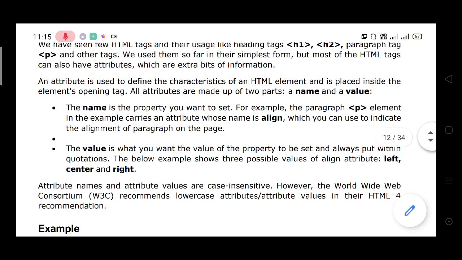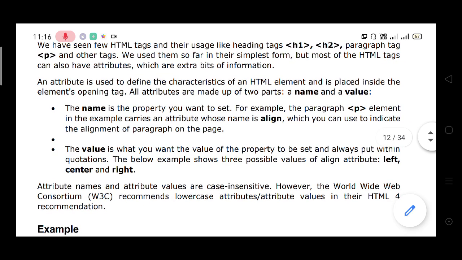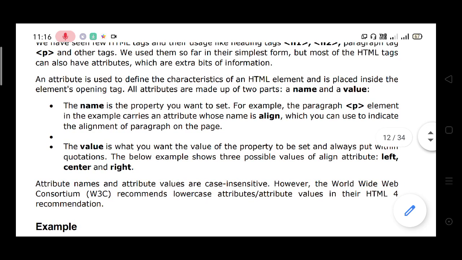Attributes are extra bits of information.